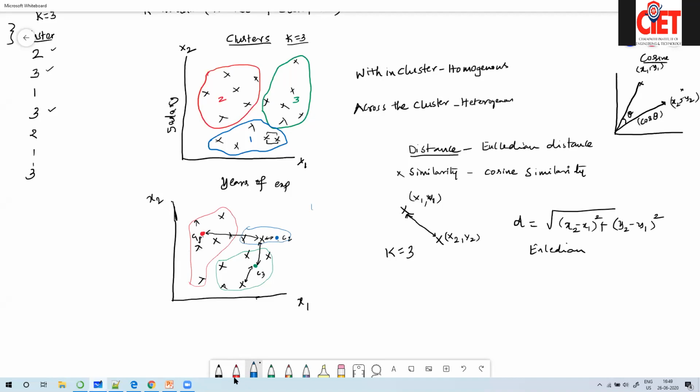Okay. So this is iteration number 1. So this is step 1. So what is step 1? Let's write the step 1. In step 1, first randomly choose k centroids, compute distance from each observation to each centroid,